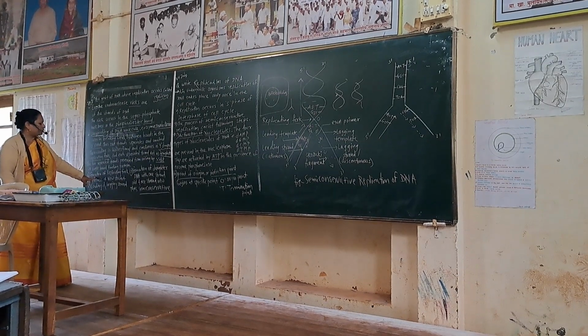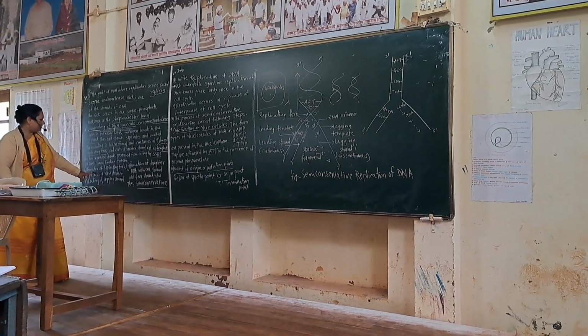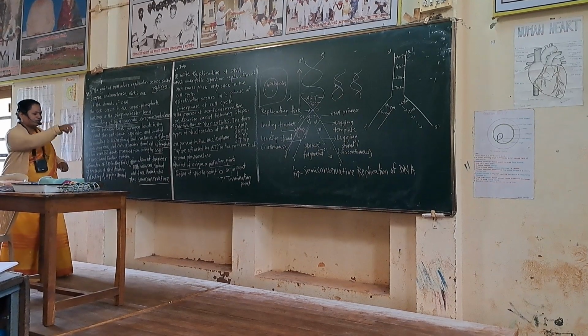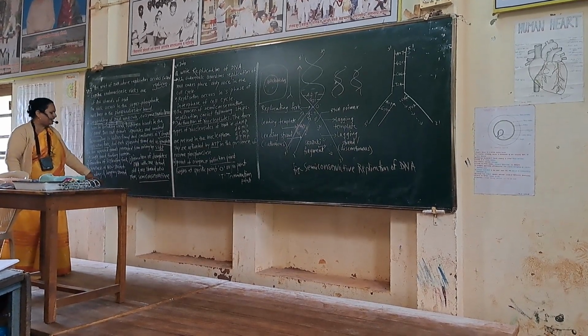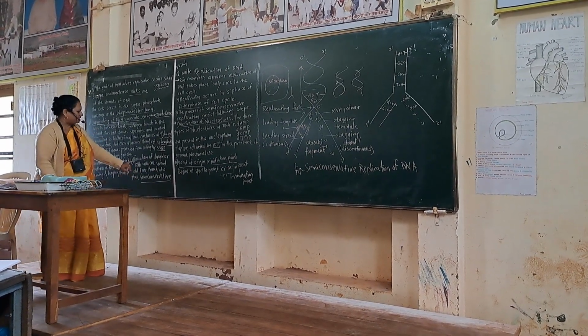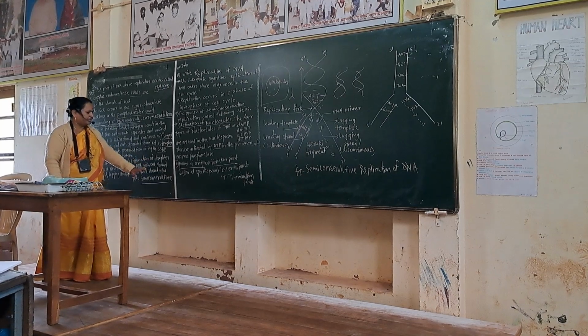Next step, formation of the replicating fork. Next step, synthesis of new strand around the old strand, and next the leading and lagging strands get formed, and the last phase, formation of two daughter DNA with one strand is